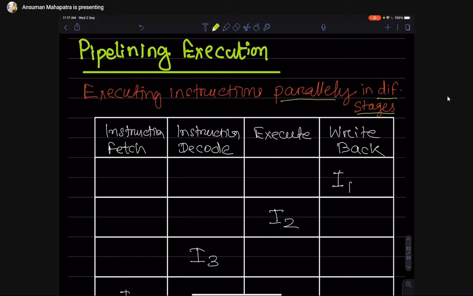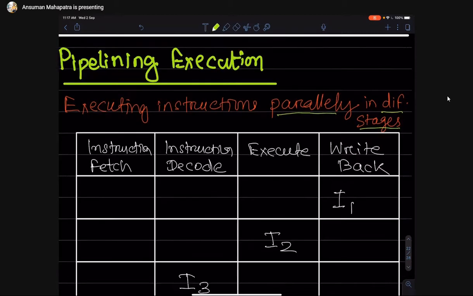Let me tell you one example. In the case of car manufacturing, there will be different steps. Suppose one robot will come and fit the top of the car, the next robot will add wheels to it, and the next robot will come and fix windows to the car. Okay, it is not looking like a car, it is looking like a bus, whatever it may be.